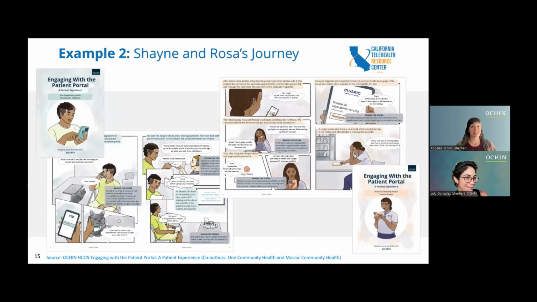Okay, and here is another example of a patient journey map using sequential art and text, which can really promote relatability and recall of information. We worked with 2 health centers for this one as they recounted the patient experience at their health center using the patient portal, along with the ways that they supported and educated patients behind the scenes. The characters were really developed to embody their patients of focus,